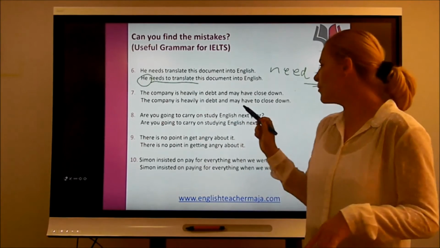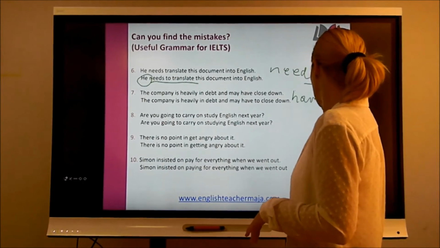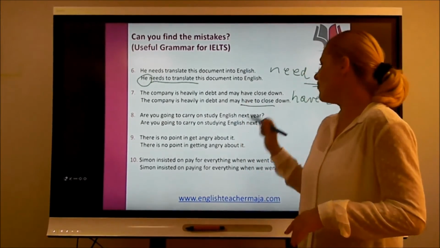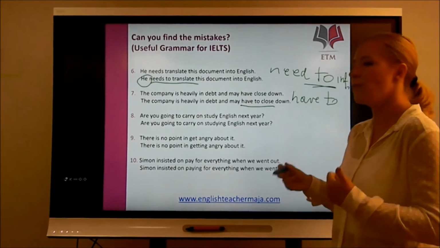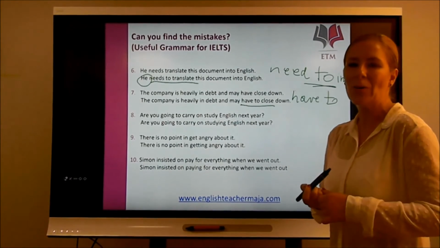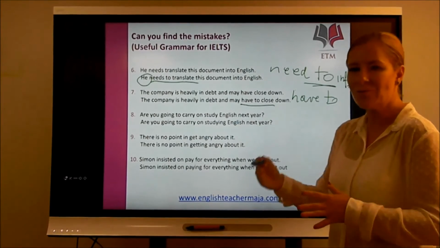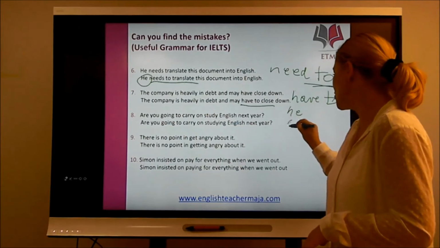And a very similar problem with another modal verb. Have to. So have to close down is the correct answer. So I have to do my homework. You have to listen to different types of music. Okay, and if it's he or she,